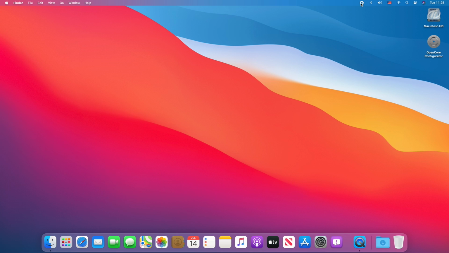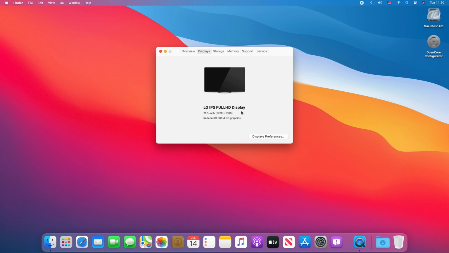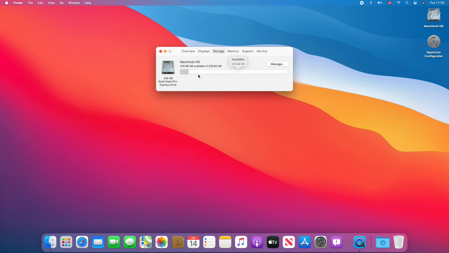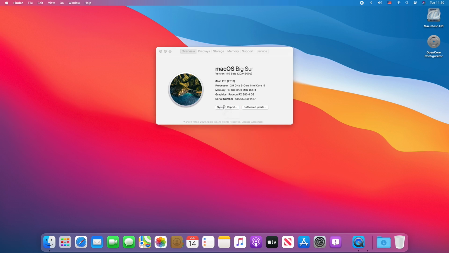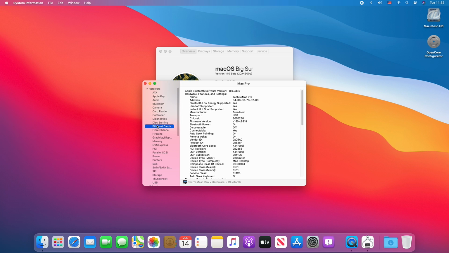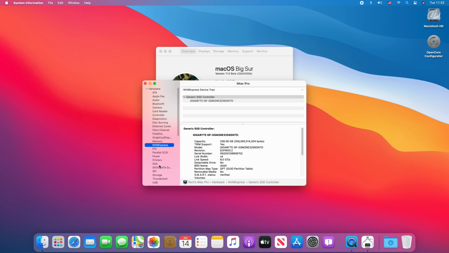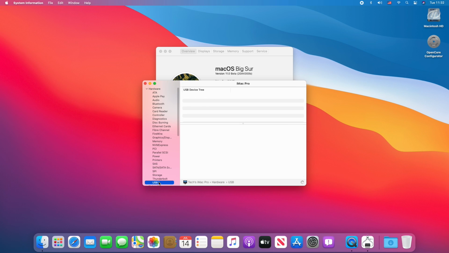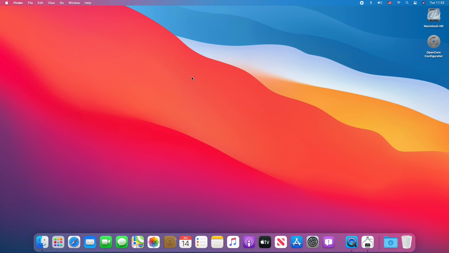Now let's check the hardware specifications. Finally, we have installed macOS Big Sur on PC, which is fully functional.